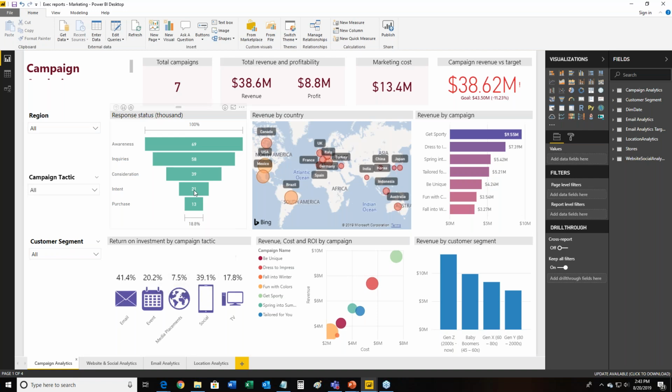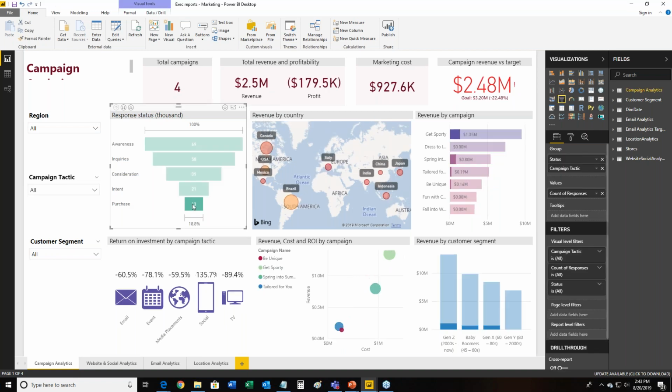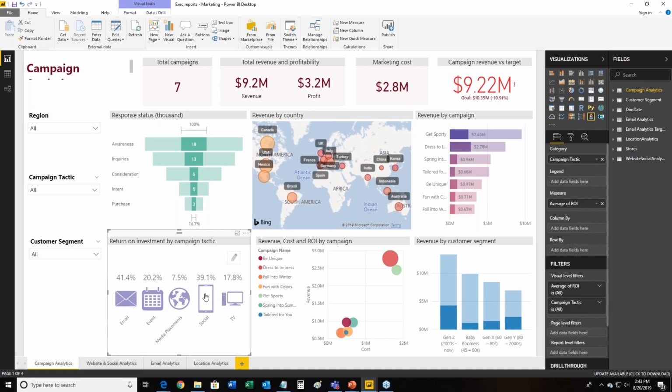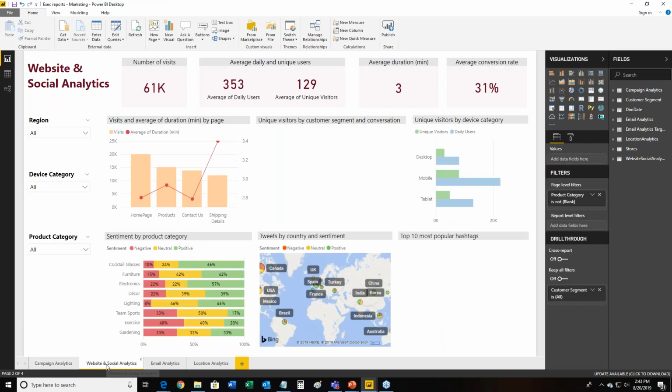And again, any one of these I can click on. Hey, purchase. Where's all this coming from? I can look at it by the campaign. I can see where in the world. I can look across customer segments. I can click on any one of these. So all very useful data that the people in that department can use to make hopefully better decisions, or more informed decisions about where to spend, how to spend, and who to reach. So just clicking on these tabs,